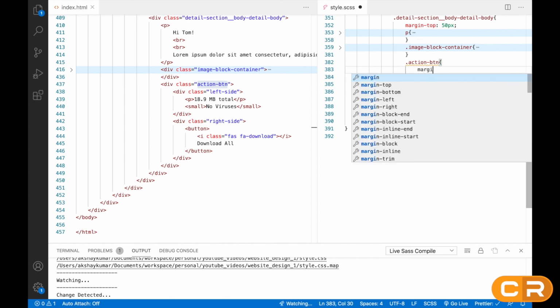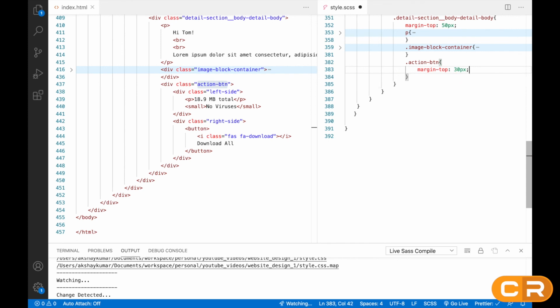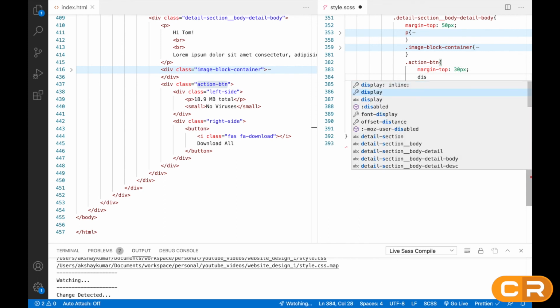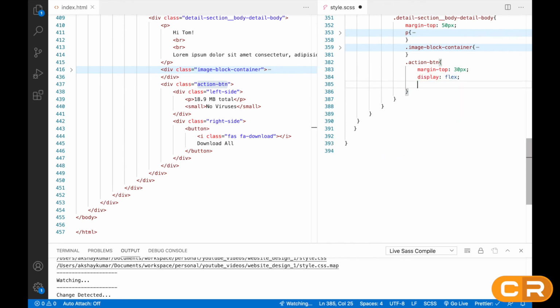Here I will give margin top 30px, display flex, align items center, then justify content space between, like this.